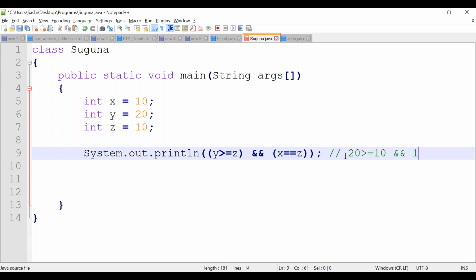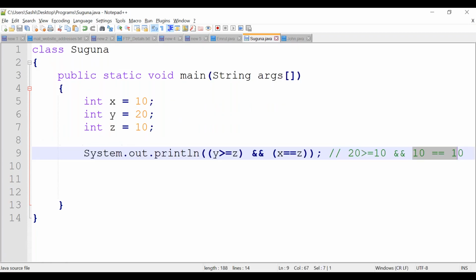X is 10, equal to z. Z also 10. So this condition also true, because 20 is greater than 10. Both conditions are true.